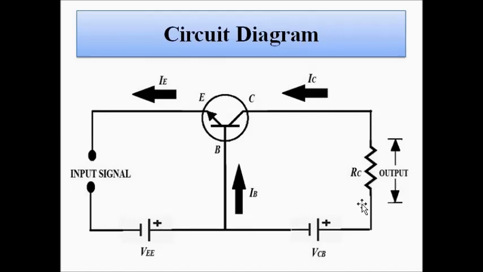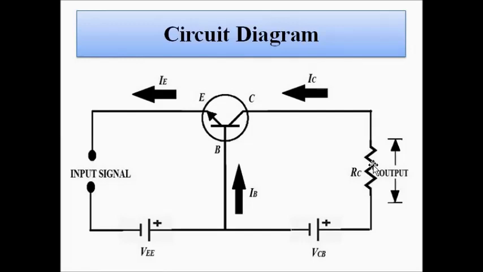Now this collector current, which is the output current in the common base configuration, flows through this output resistance, which is selected of the order of a few kilo ohms. Let's say it's 10 kilo ohm. So when this collector current, of the order of milliamperes, flows through this load resistance or collector resistance, it produces an output in the order of several volts. So a millivolt input signal gets converted into an output signal of the order of volts. So this is how the amplification